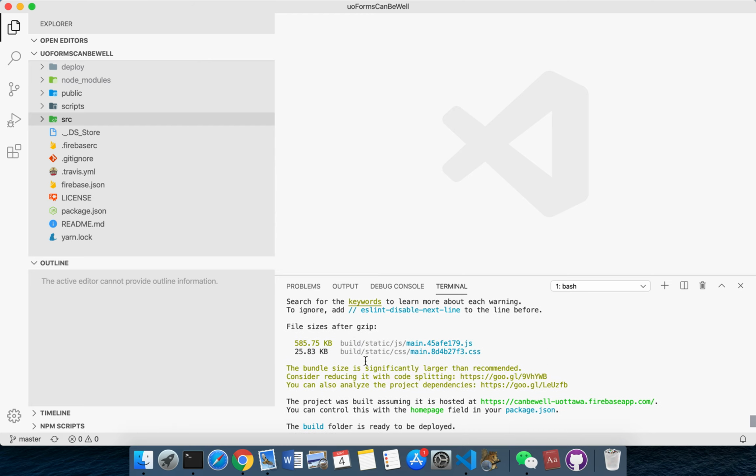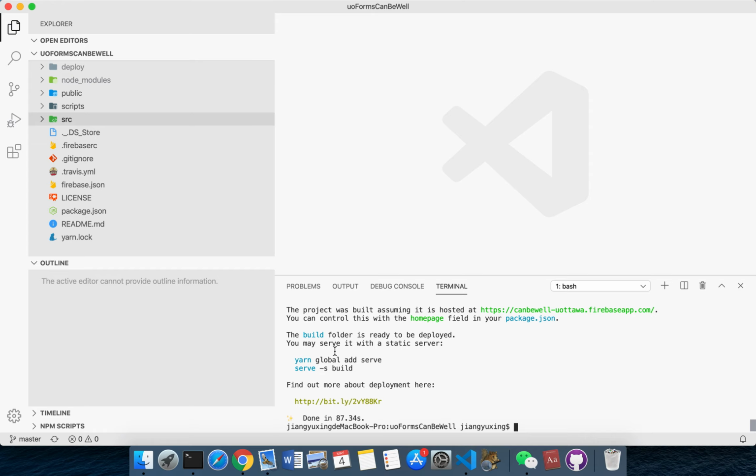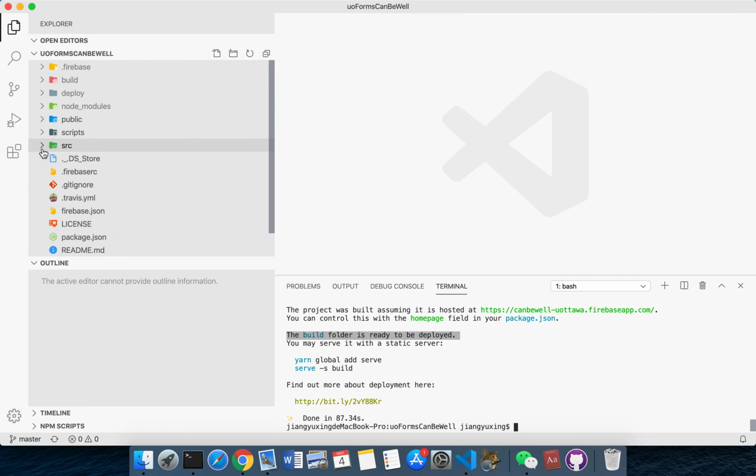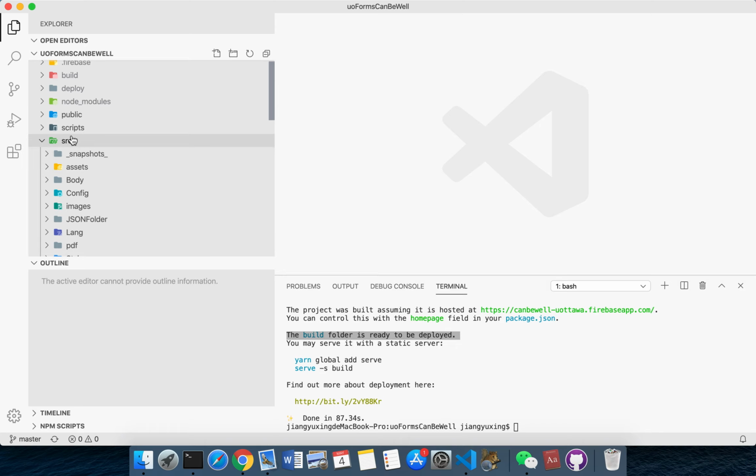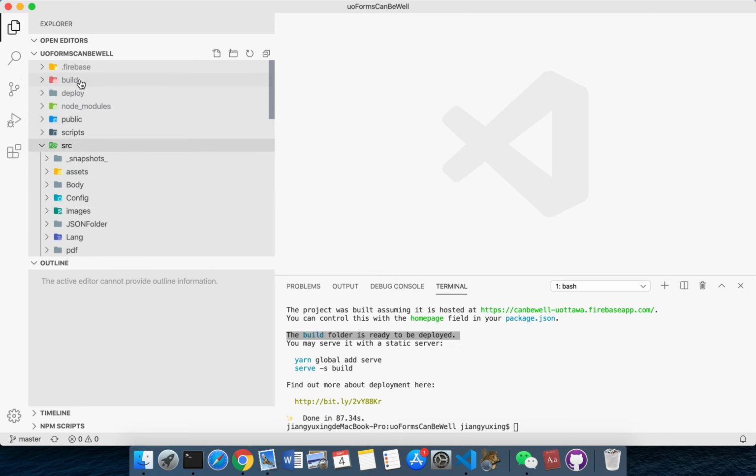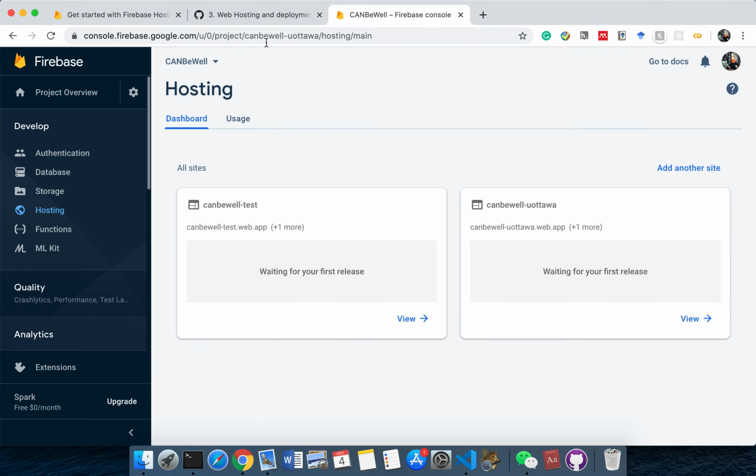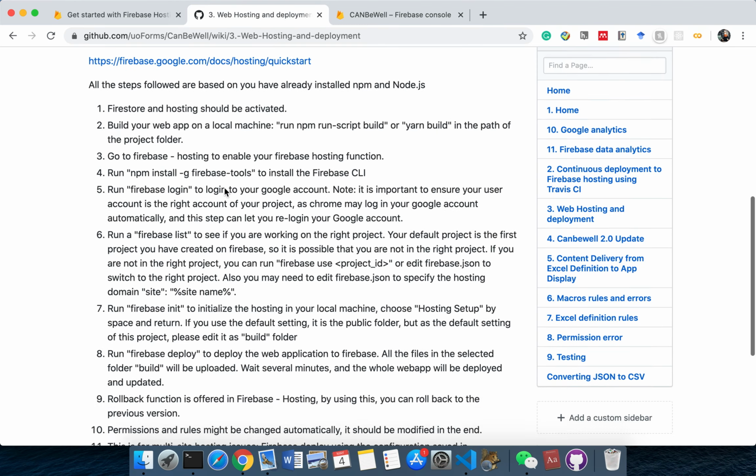And we can see from the command line that the build folder is ready to be deployed. And we can go to the folder and see, yes, there's a build folder, and all these files should be deployed to Firebase. Now we're going to start to deploy that, and